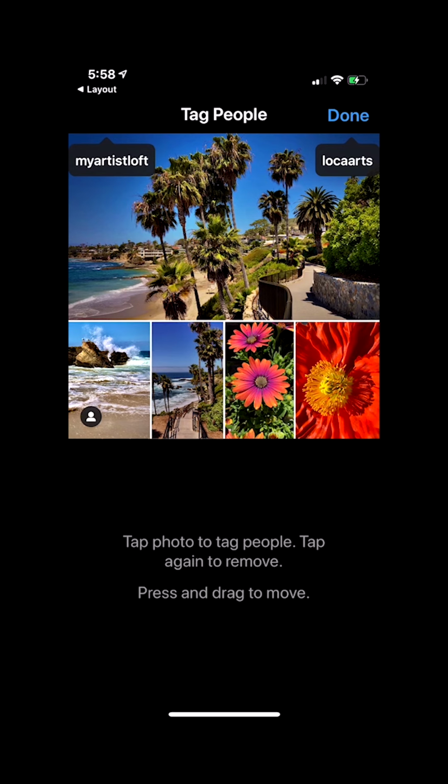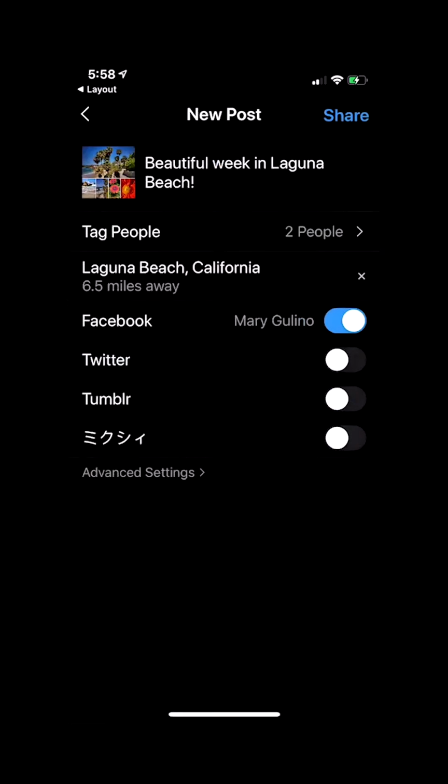It's not really necessary because you won't see it in the post unless you tap it, but they are there. Anytime someone is following, say, my artist loft or Loca Arts, and you tag them in your post, your photo will show up there in their tagged section. So now I'll click done, and there it is, and it's all ready to share. So I click share,